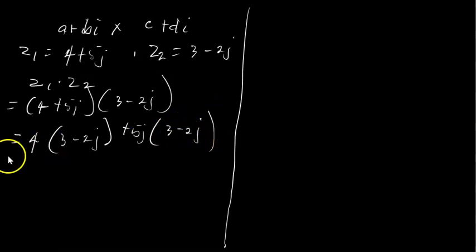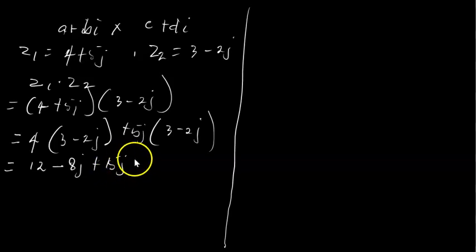If I now open this bracket, it becomes 4 times 3, that's 12. 4 times minus 2j, that's minus 8j, and plus 5j times 3, that's plus 15j. And plus 5j times minus 2j, that's minus